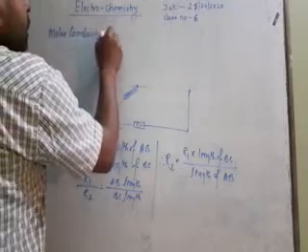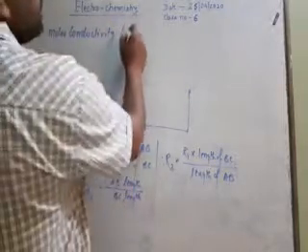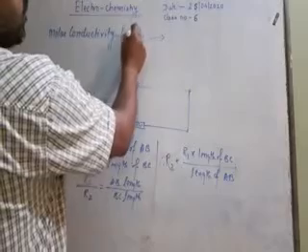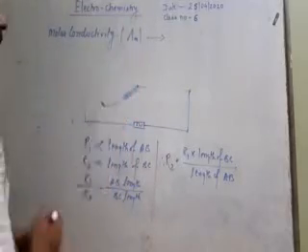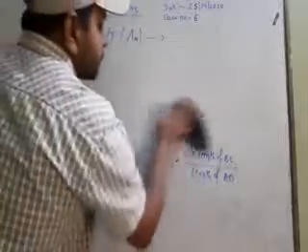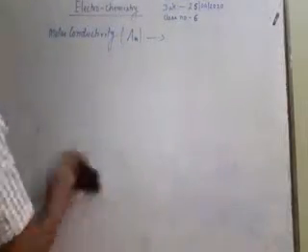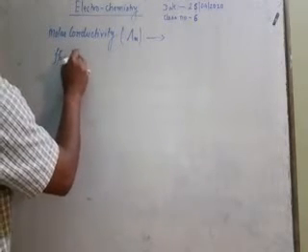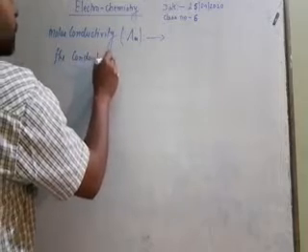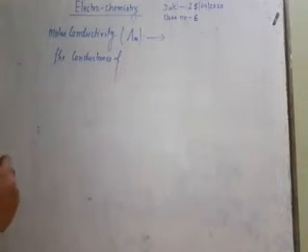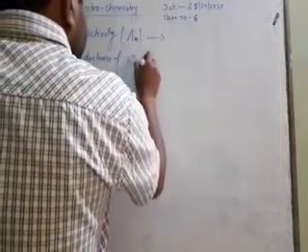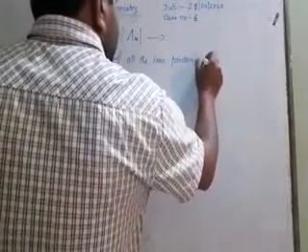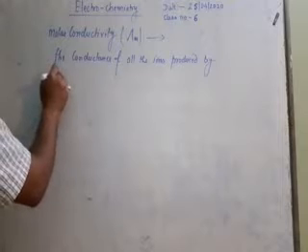Molar conductivity is represented by cap M. Now students, it is defined as the conductance of all the ions produced by 1 mole electrolyte